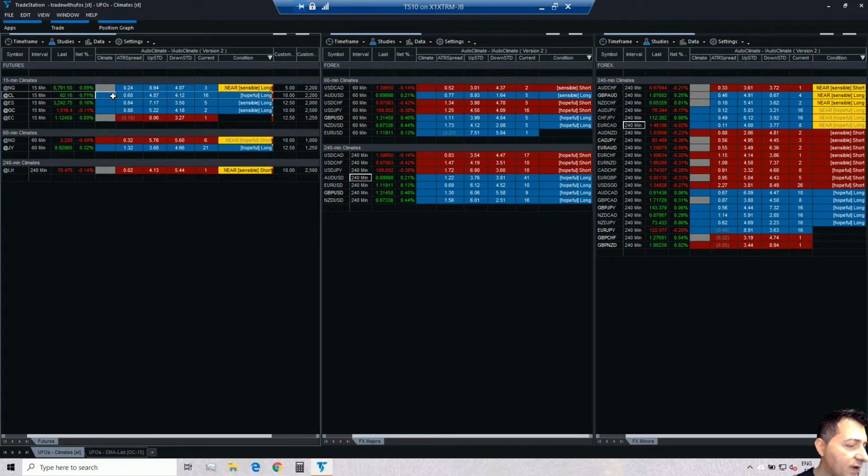Crude oil is also giving us an alert, but we have the word hopeful with crude oil. Okay, hopeful with crude oil. 16 candles going up where it should be 5. Okay, so really stretched. So basically out of the futures markets at this moment in time, that's what we've got. For sure a few minutes from now we'll have new flashing lights and new opportunities for us to exploit, but not right now.